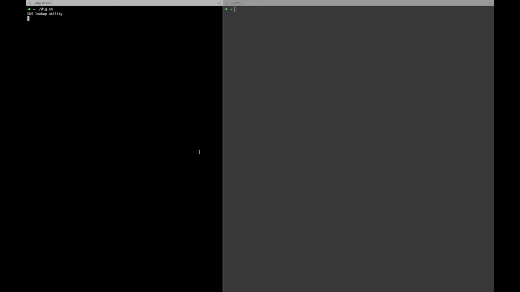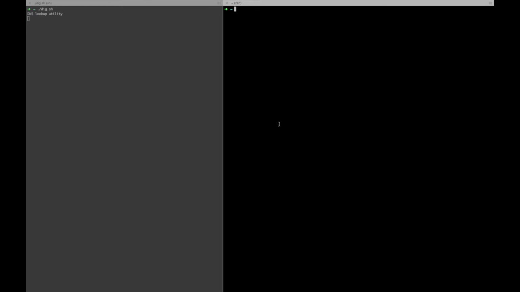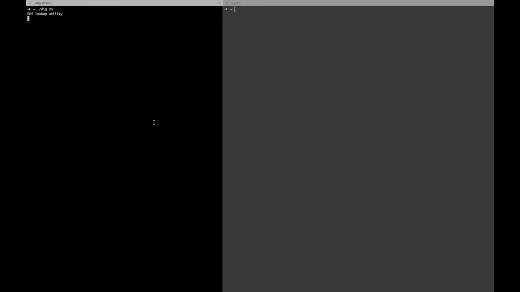Today I will be talking about the dig command, which is the DNS lookup utility. The domain information groper is a flexible tool for interrogating DNS name servers. Today we will run some queries to get the A record, the MX record, NS record, all those things. What I will be doing is I will display the content on the left hand side of the screen, and